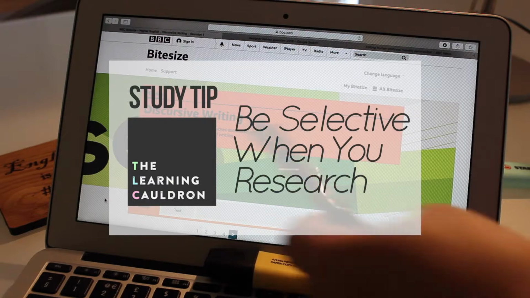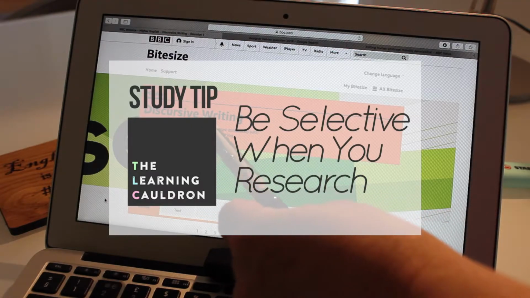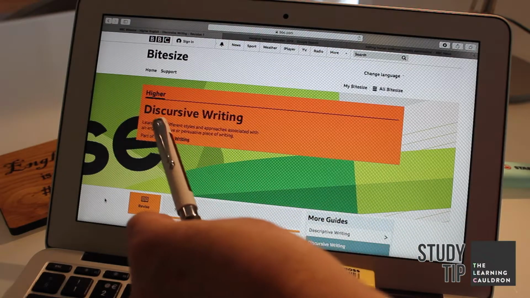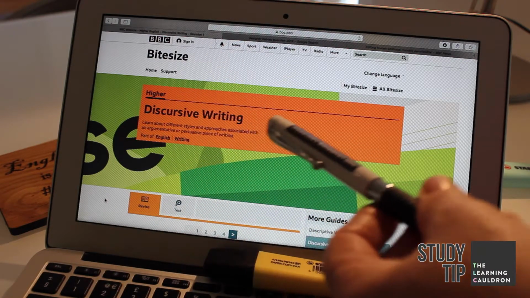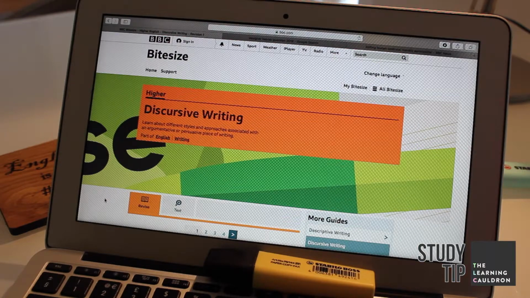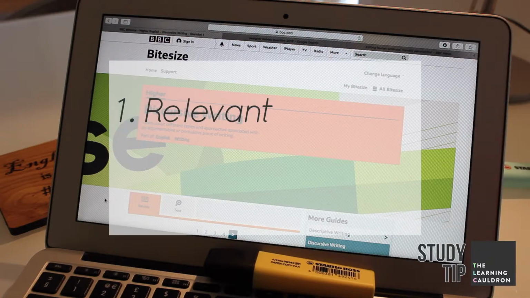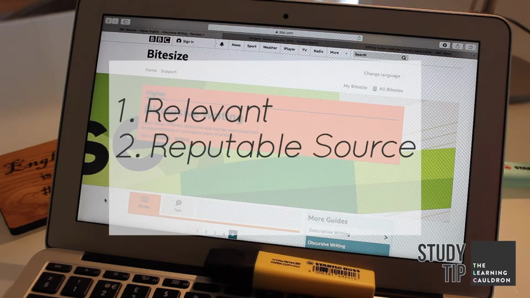Be selective when you're doing your discursive essay research, whether you're writing an argumentative essay or a persuasive one. If you're searching online for information about your chosen topic, use specific search phrases to make sure you obtain information that is 1. Relevant, 2. From a reputable source, and